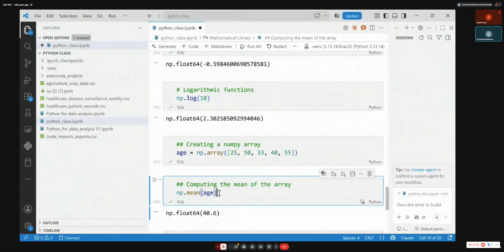See that? This is just the average, but we have so many mathematical functions that you can compute.